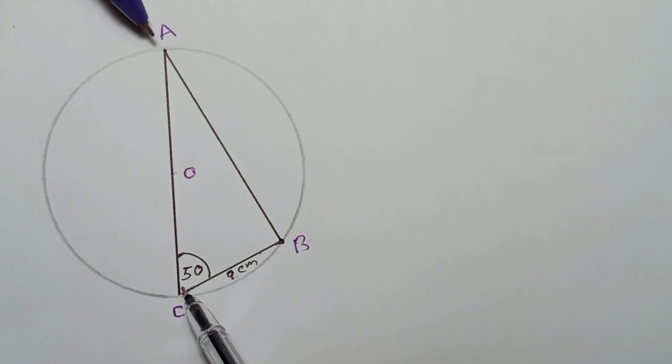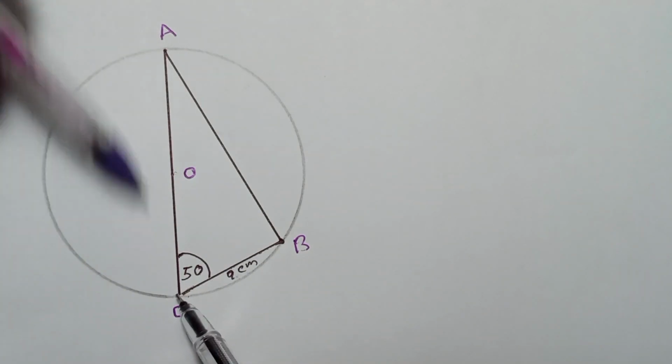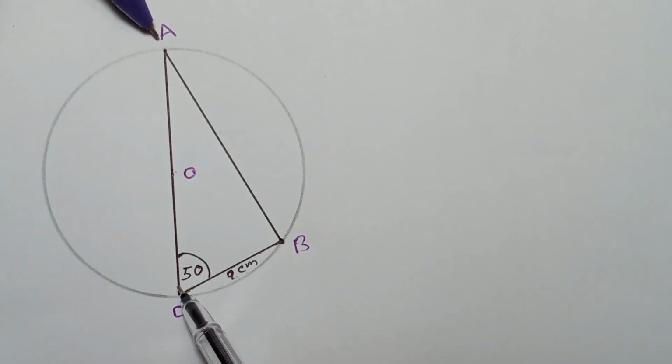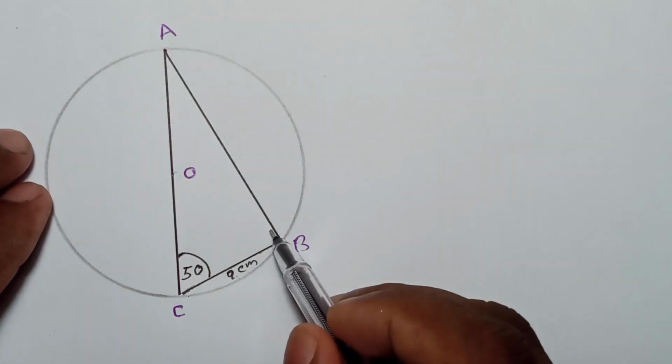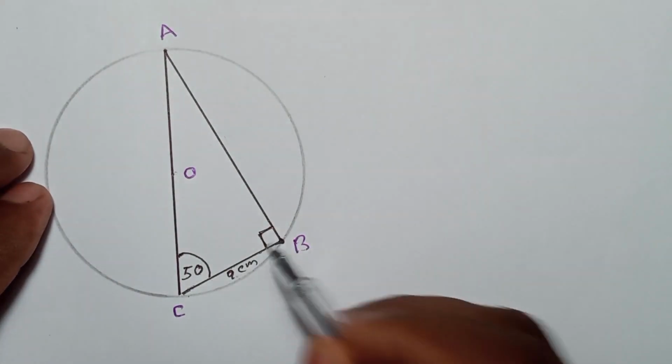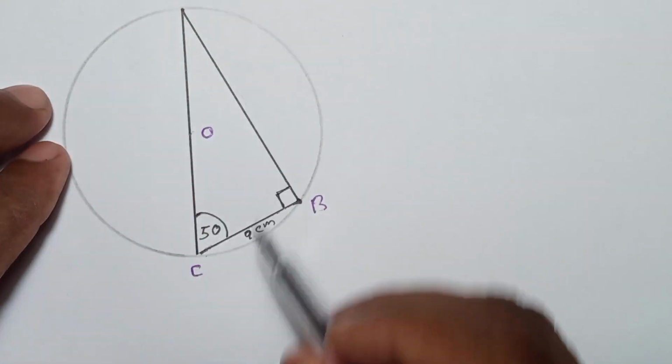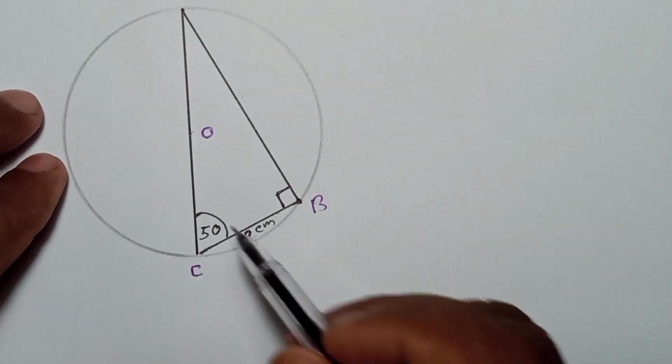This is the semicircle theorem actually. When you have a diameter and the diameter subtends an angle at the circumference, this should be 90 degrees. So now this is a right angle triangle, so you can use